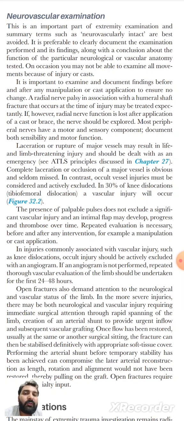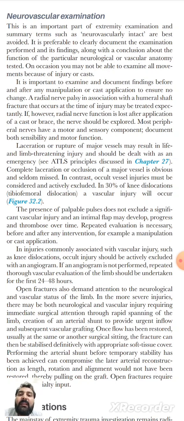We will check them before the reduction and then after the reduction, and similarly before applying a cast. For example, there is a fracture of the shaft of the humerus. We know that there can also be a radial nerve injury associated with the humeral shaft fracture. We will check it before applying a cast and after applying the cast, because if the radial nerve injury is associated with fracture, we can expect to heal it on its own, which is called expectant treatment,